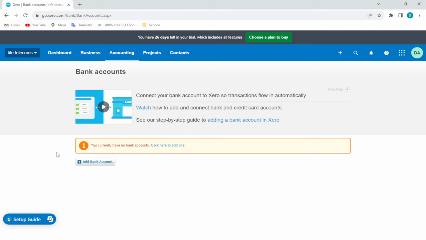the bank statement from. Currently, I do not have a bank account added to my Xero account. That's why this place is empty. But for you, you should ensure that you have a bank account. So just go ahead, find the bank account you want to delete the bank statement from, then click manage account